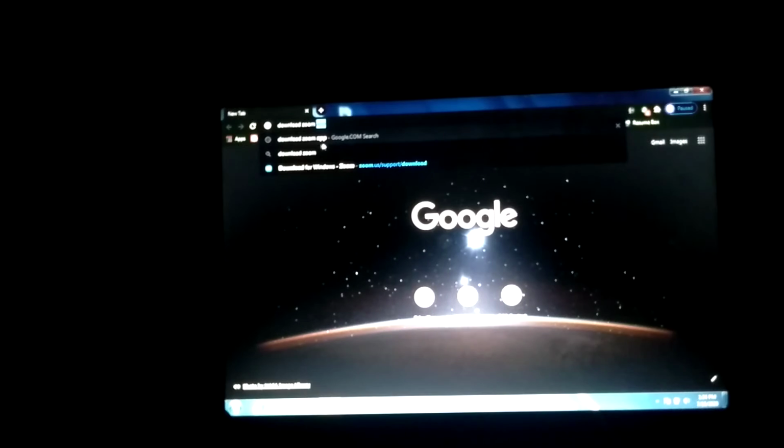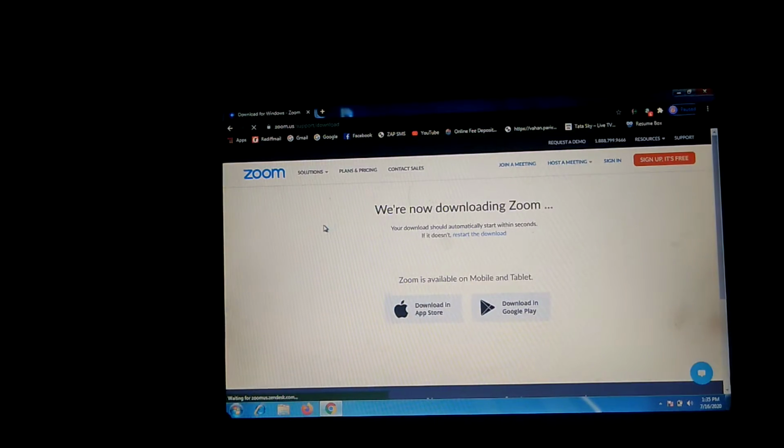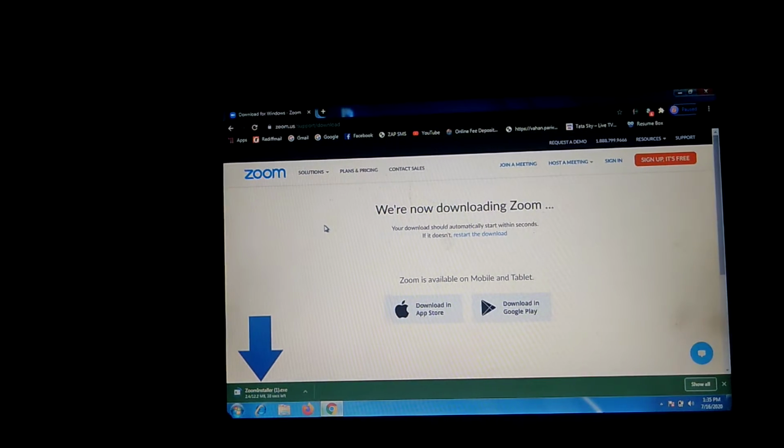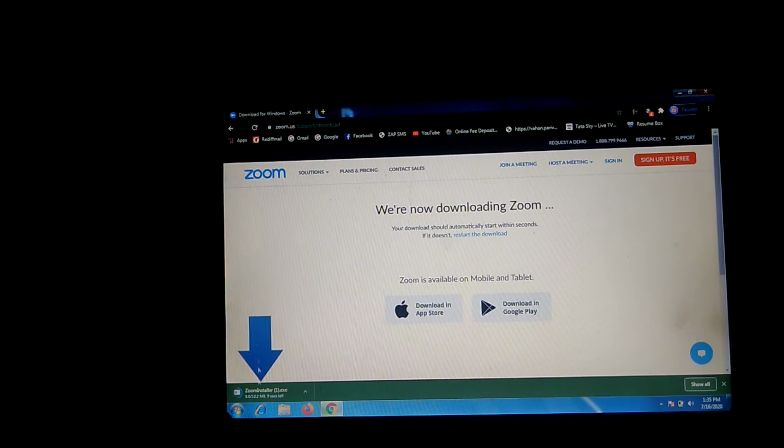Download Zoom app. It has come. I'll just click on it. You can see download for Windows. I'll double click on it and see, it is downloading. It is written over here, we are now downloading Zoom, and you can see the arrow, and you can see that Zoom is installing.